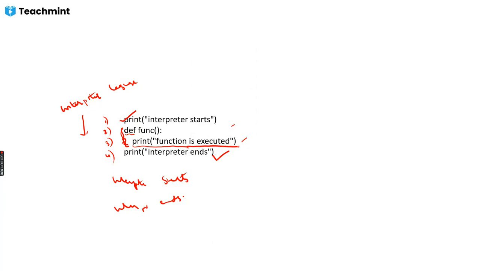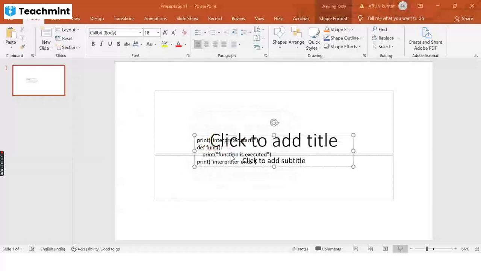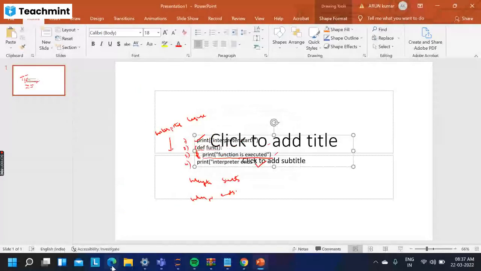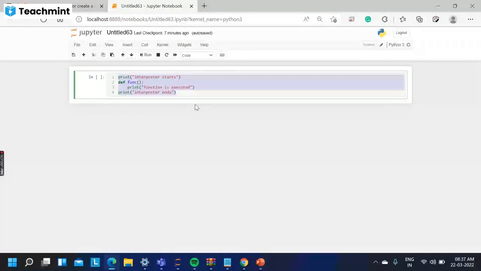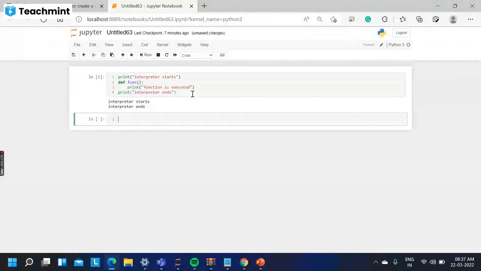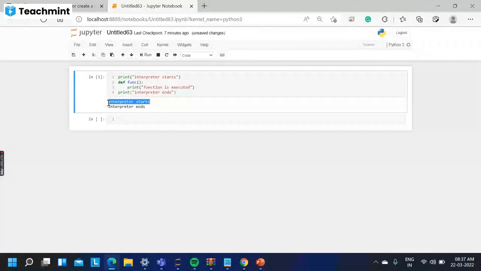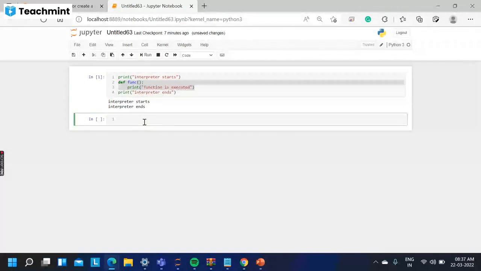So for that purpose, I had given an example here. You need to think that the interpreter starts, the interpreter ends. Why doesn't it execute? Because I didn't call that function. Whenever I call that function, then you will get